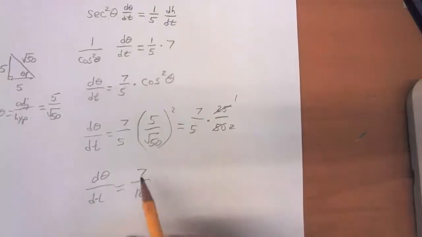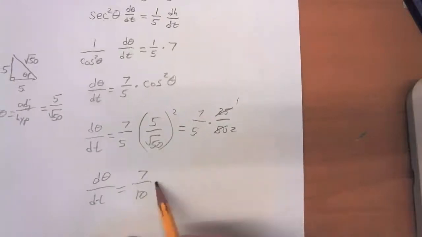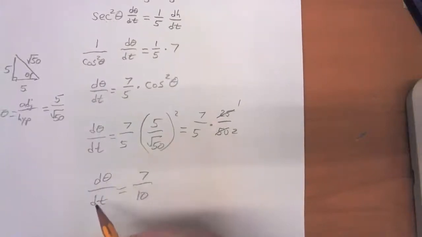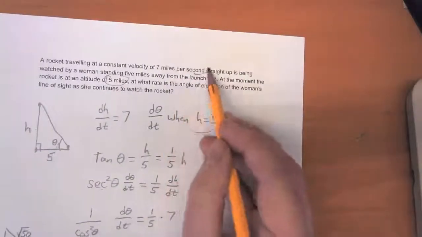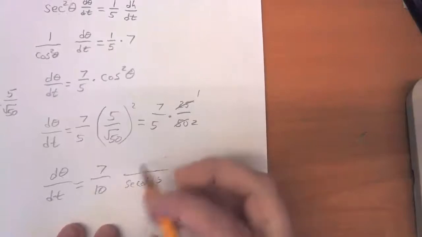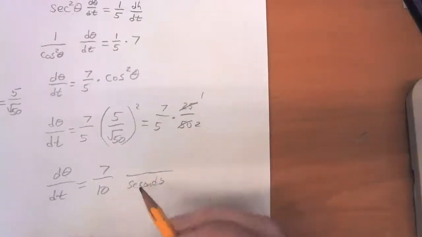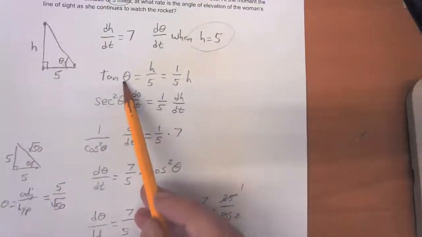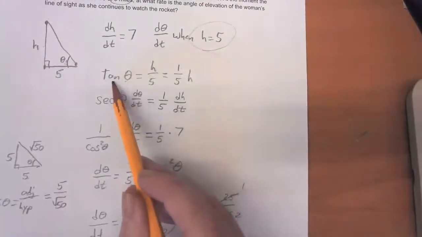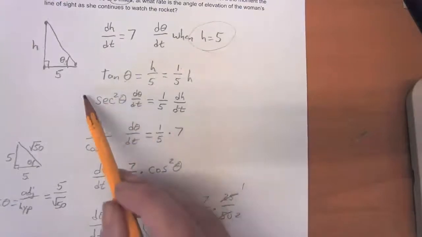Now here's the question that I have. What's our units for this? What unit are we using to talk about the derivative of the angle with respect to time? Time, we could see that we're measuring time in seconds. So that one's easy. But if you think this is 7/10 degrees per second, you're wrong, because we don't calculate trig functions in degrees. The reason the derivative of tangent of theta is secant squared of theta